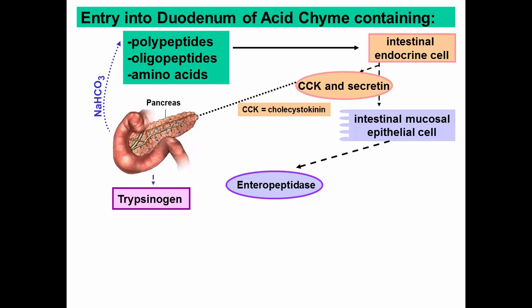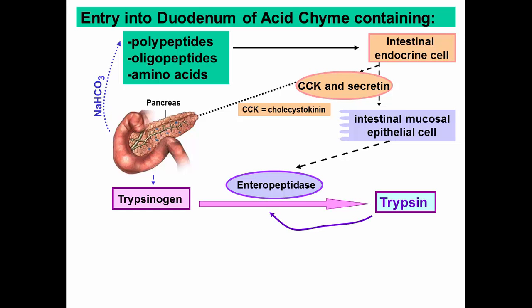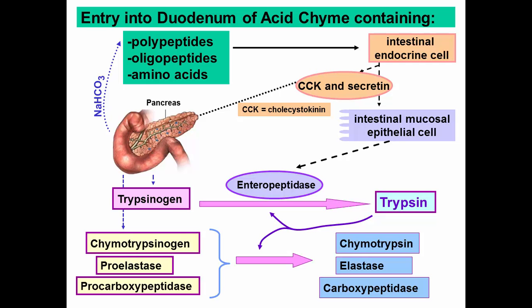So that's important. The trypsinogen is activated to trypsin by enteropeptidase. So without enteropeptidase, you're not going to get activation of trypsin. And trypsin is kind of the band leader for the pancreatic proenzymes. Once you get trypsin made, it will autocatalyze more conversion of trypsinogen to trypsin, but it also activates chymotrypsinogen, proelastase, and procarboxypeptidase to their active form. So these pancreatic enzymes require that coordination of effort between the intestinal endocrine release of CCK and secretin to get them activated.